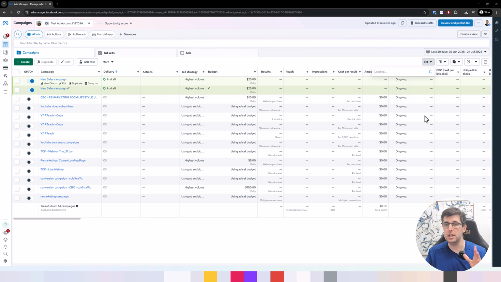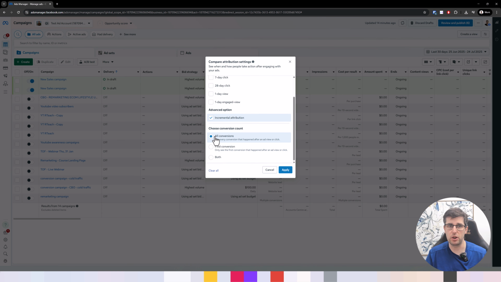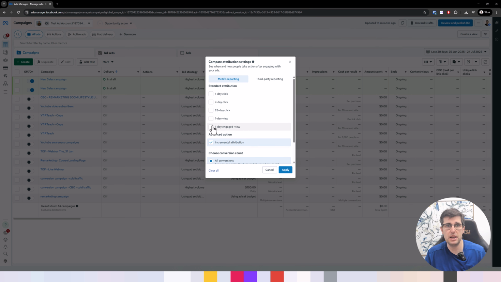So firstly, you've got attribution settings. You don't worry about third party. A lot of the time you might be using tools like Triple Whale, there's WeTracked, just to name a few. I can't remember the others, but you've got incremental attribution here, and you want to go all conversions or first conversions. I want to see every conversion that happened after a click or ad, or only see it after the first ad. But for me, I do that, and now I've started to just have a look at all of